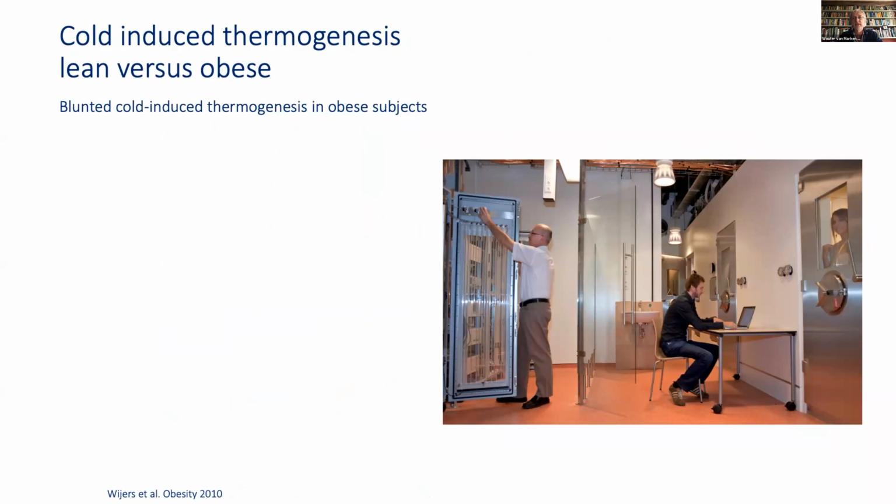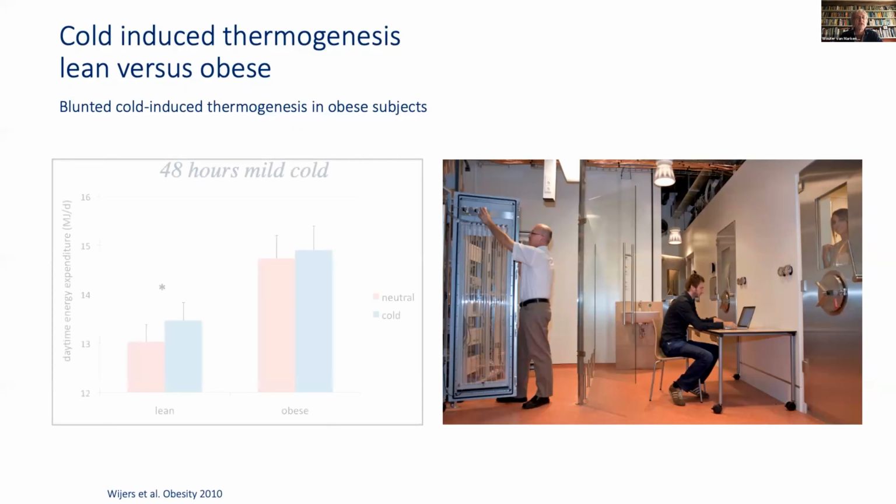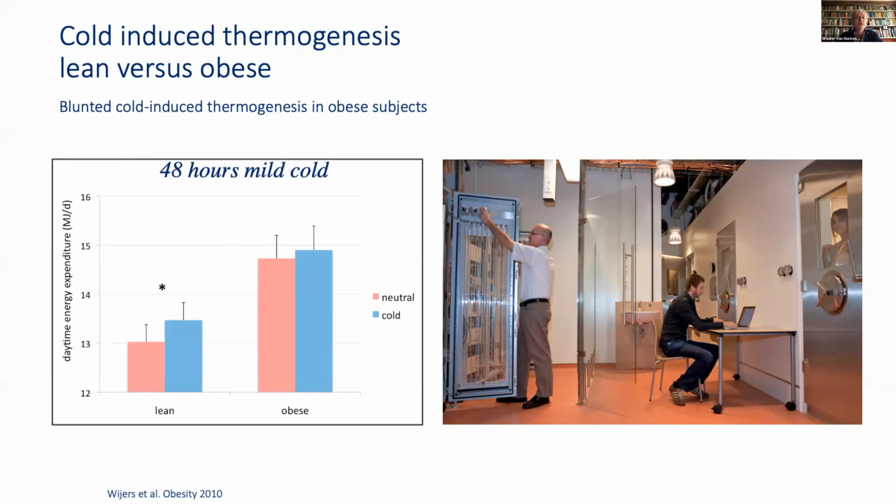So here we studied in the respiration chambers in Maastricht, and we had people for 48 hours in the chambers in a thermoneutral and in mild cold conditions. And we see that there's a difference between the lean subjects and obese. The obese have a blunted response, and the lean subjects clearly show the significant increase in the cold environment. And finally, as an introductory slide,